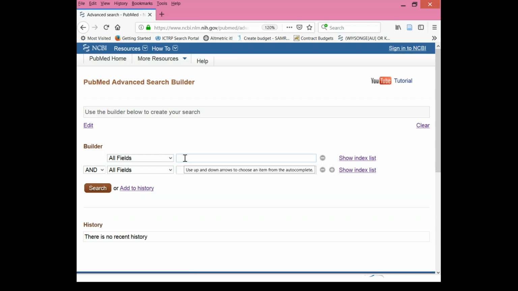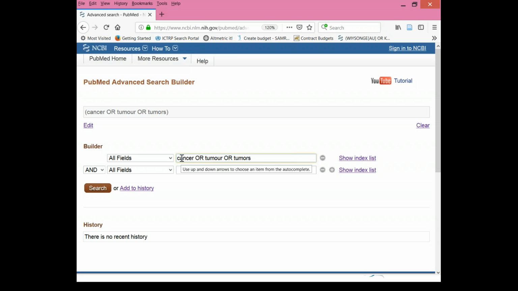So what I want to do is, and it's very good because this way you're using your PICO. So the first thing that we want to enter is our participants. So we're going to enter cancer or tumor or